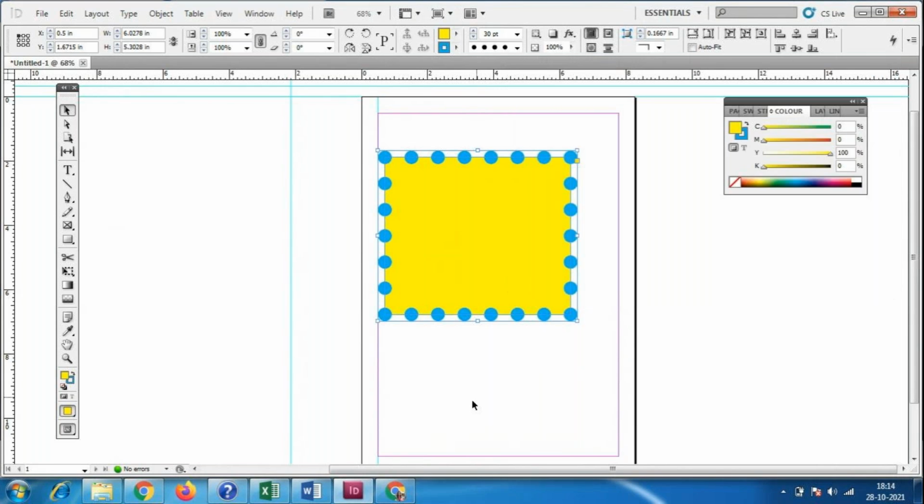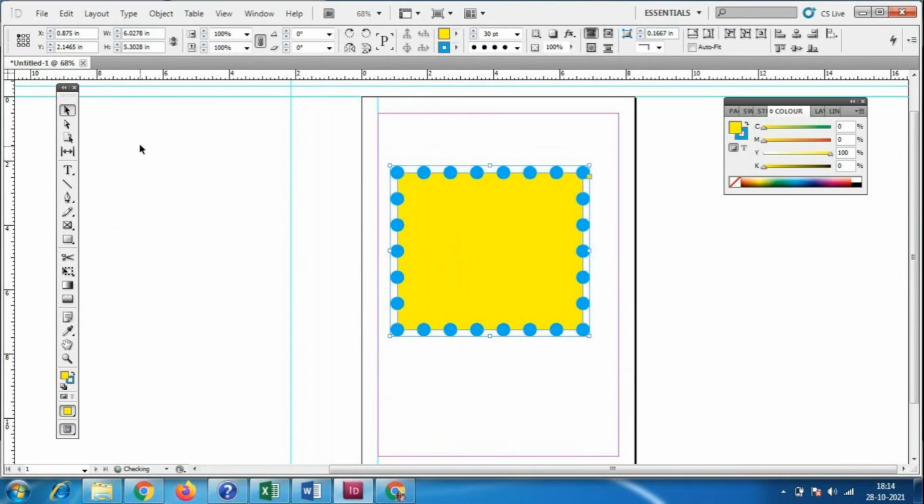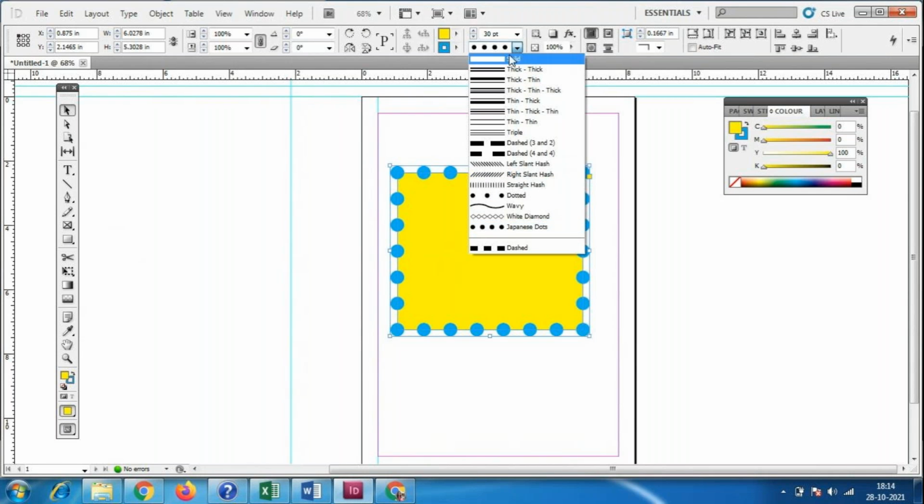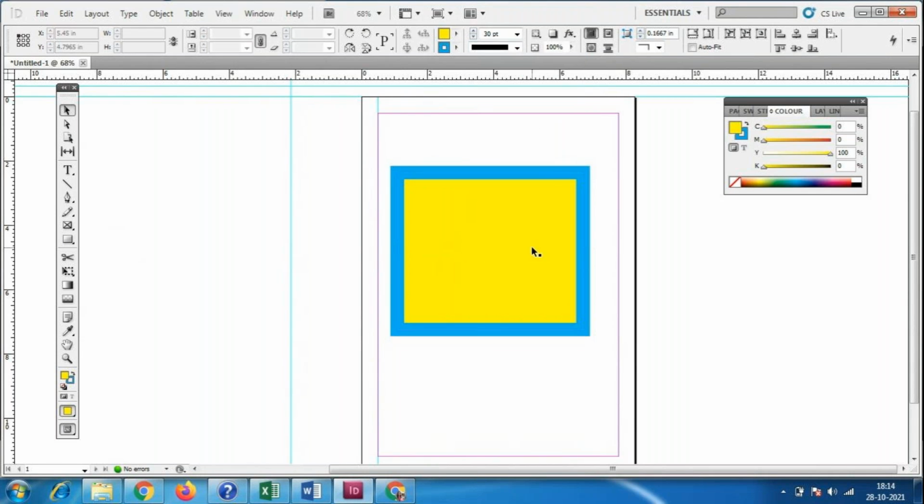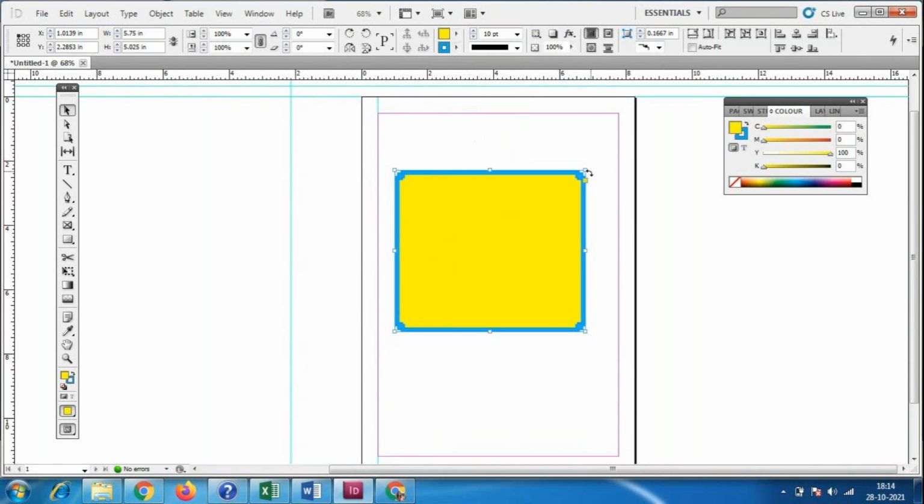Okay, so this is about the tools. We have very few tools here, only the rectangular tool, ellipse tool, and the polygonal tool. You have to keep checking the property window, and we have some designs. I showed this in yesterday's class. If we keep the stroke, this outline we call a stroke, we can increase it.